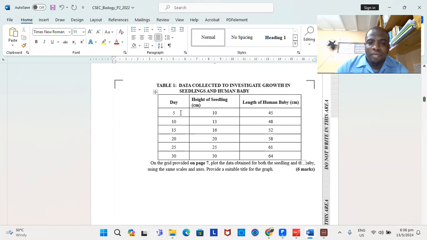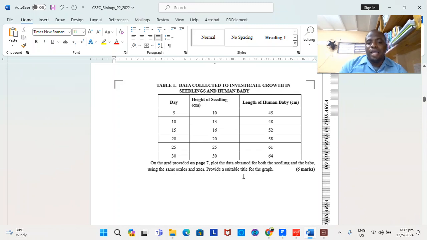At day 5, we have 10 in terms of the height of the seedling. In terms of the length of the baby, we have 45. In terms of day 10, 13, 48 respectively. It says on the grid provided on page 7, plot the data obtained for both the seedling and the baby using the same scales and axis,